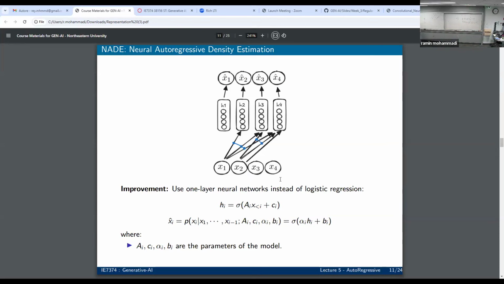I will talk about what these blue connections are as we go forward. But so you start with, for H, you still have a sigmoid here, but the sigmoid is not that necessary, it's just for adding nonlinearity. But you basically have this neural network make this prediction, which gives you H. H is a vector, not a value, and you pass H to the logistic regression that you have at the end, and that gives you a prediction. Okay, so you just add a layer like a neural network in between. Okay? Now,